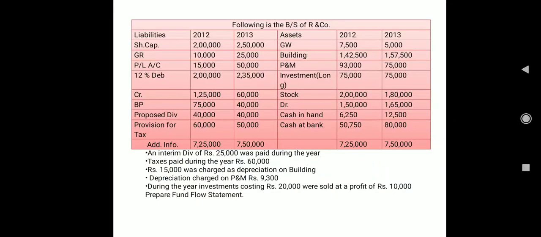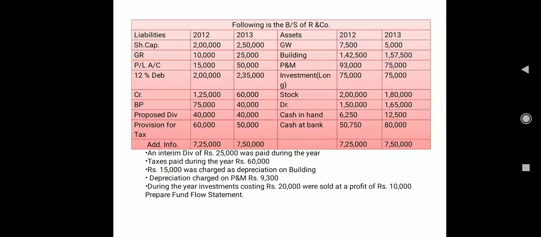Today also I am here with one more problem of fund flow statement. So this is the question, where we have some items under the liabilities and some items under the assets, and then we have some additional information. Now, we'll first discuss the details, each and every item